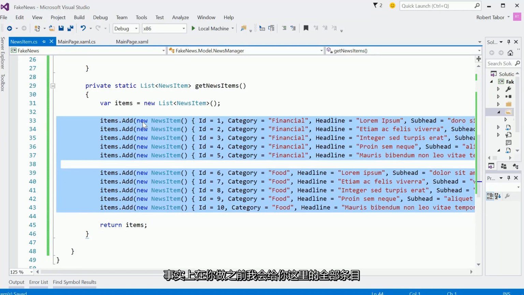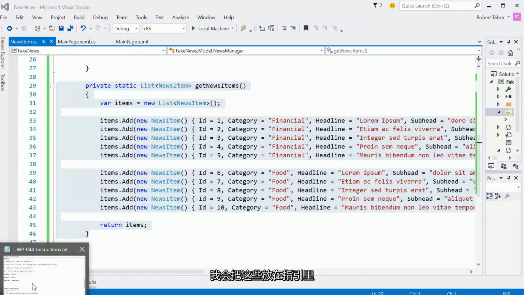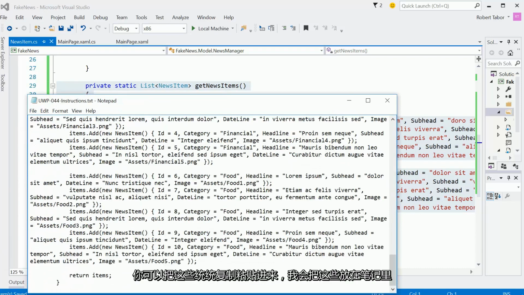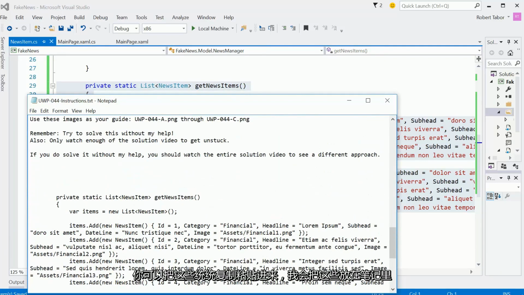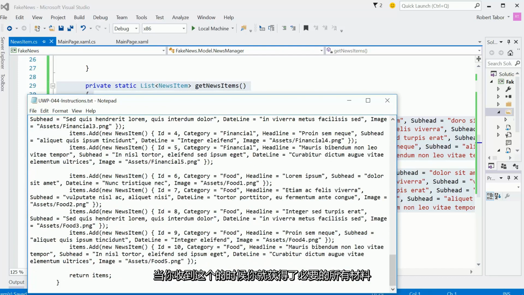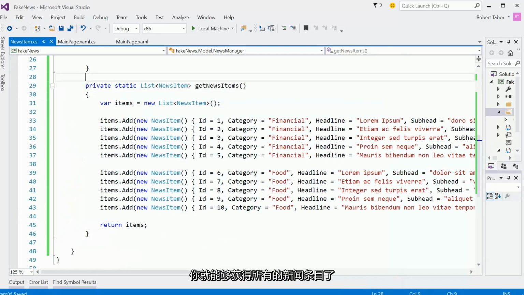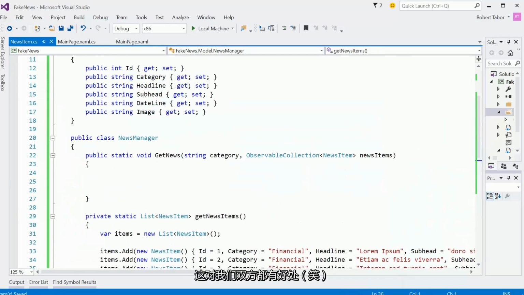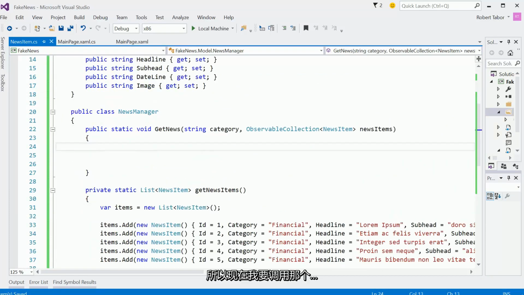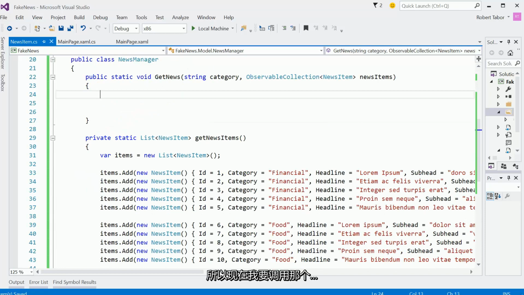Before you actually take possession of this, I'll give you this whole thing. I'm going to put this in our little instructions here. I'm going to add this to the bottom like so, and you can just copy and paste it all out, and I'll make a note right above it. So by the time that you receive this, you'll get all this extra stuff in there that'll help you create all the news items, okay? So that should make it easy for both of us. All right, so now what I want to do is just call into that